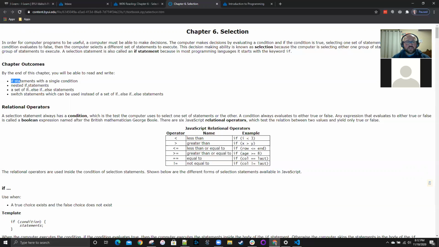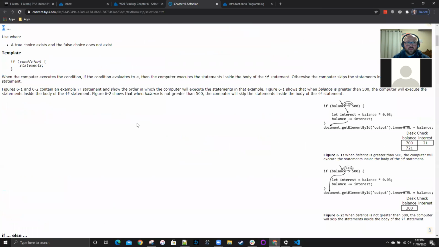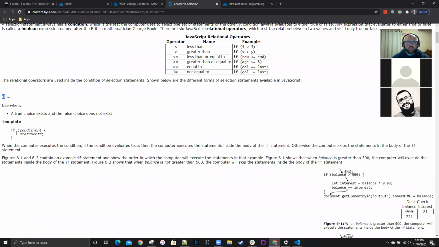Okay, if statements are accompanied with the if keyword, right? So watch for those. That's a reserved word in JavaScript. You can never declare a variable called if, maybe in JavaScript, but not in more structured programming languages. They're always accompanied with a condition, right? We need to know the decision that the computer will make to select and execute the statements or skip and not execute the statements. That condition is always surrounded by